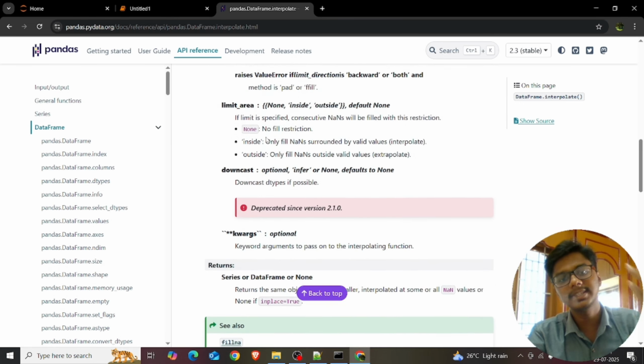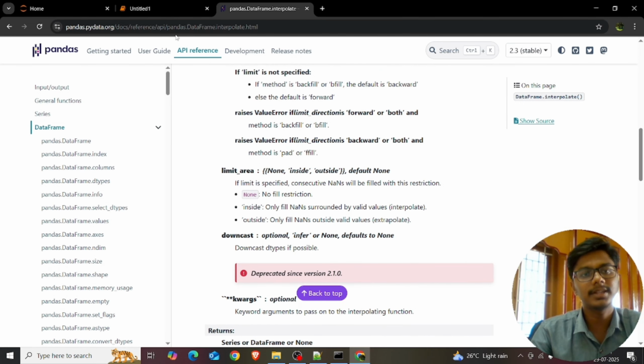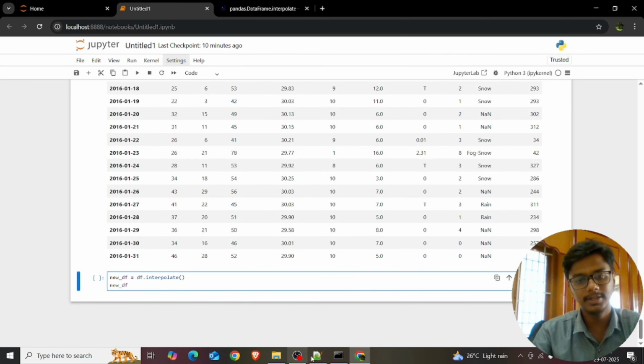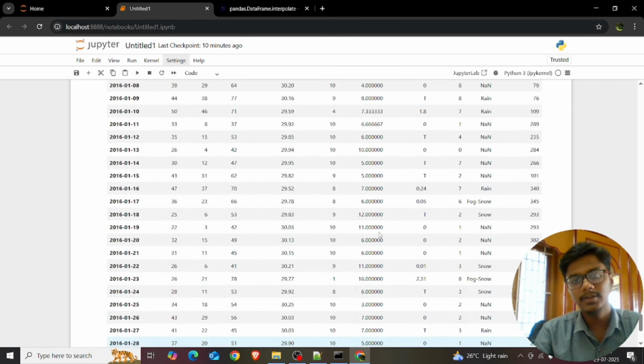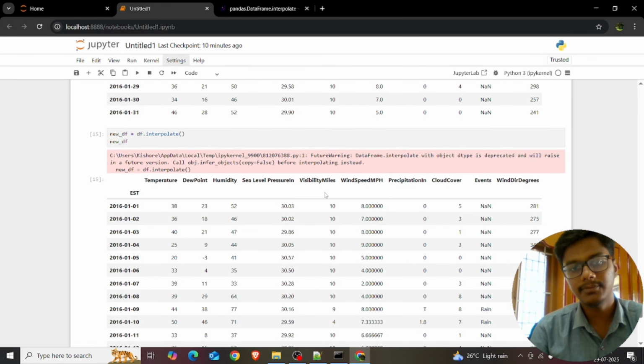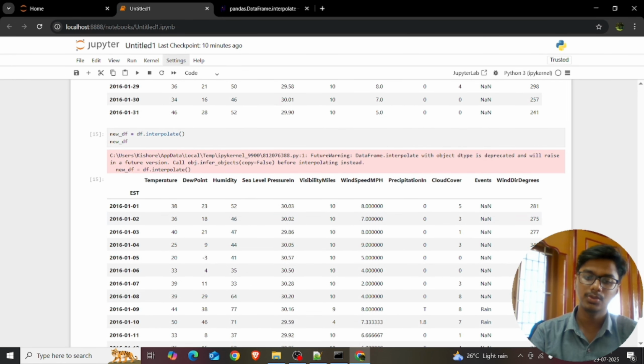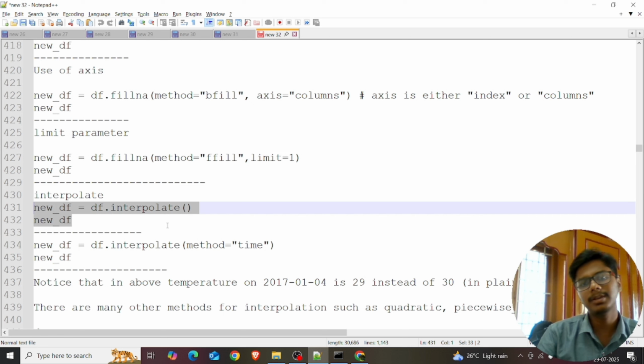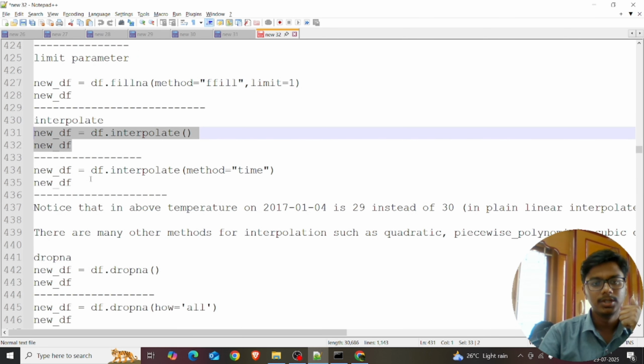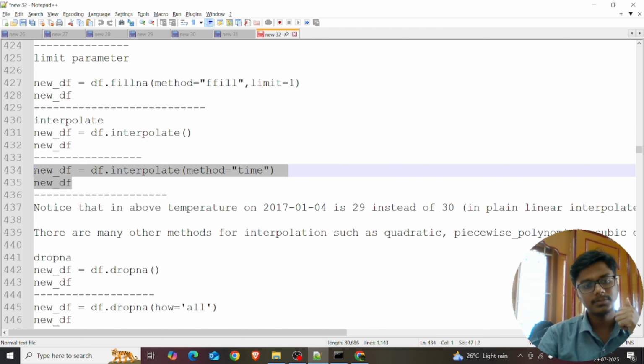It will guess some values, predict them, and paste them in place of the unknown values. That's what we call interpolate. I think it works like an average, which is commonly the interpolate formula. So if we give df.time